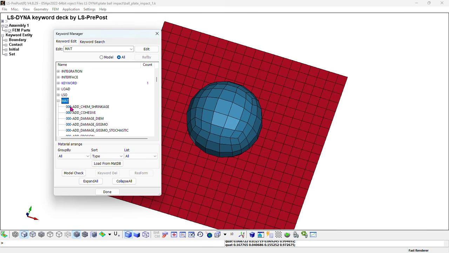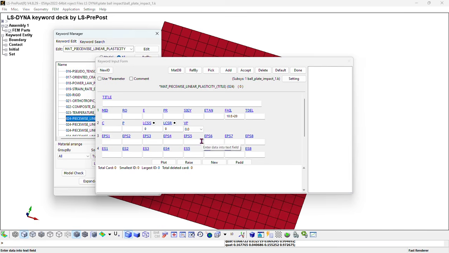So now, creating the material, I'll go to mat. That's the abbreviation for material in LS PrePost. So I'll go to material 24 because that's what we're going to use. And the piecewise linear plasticity is the most adapted for this kind of simulation. So I'm going to select the piecewise, double click on it, and add it. And I'm going to call it plate plasticity